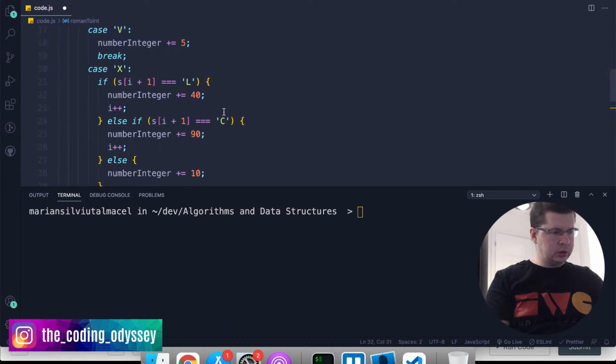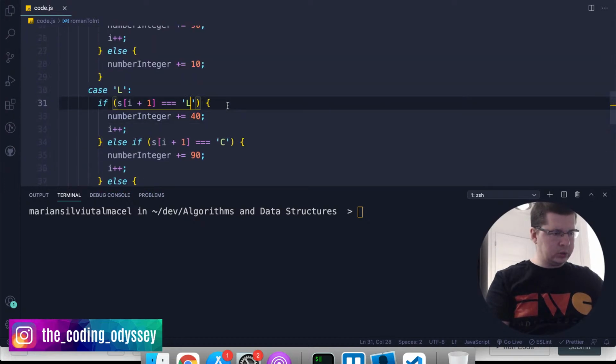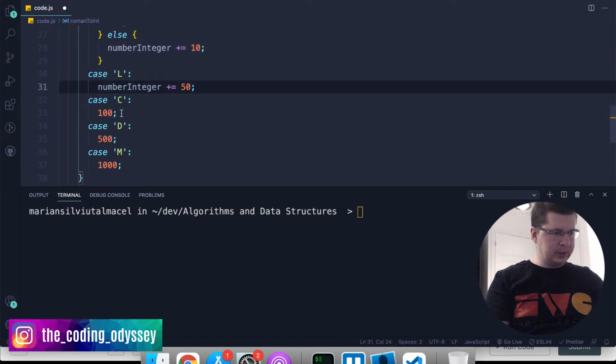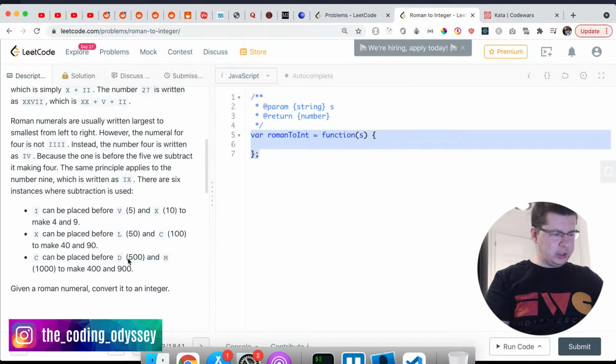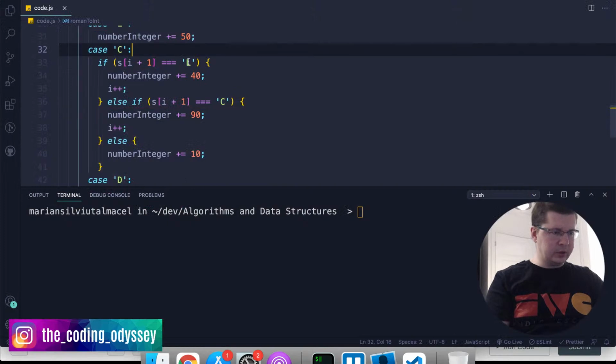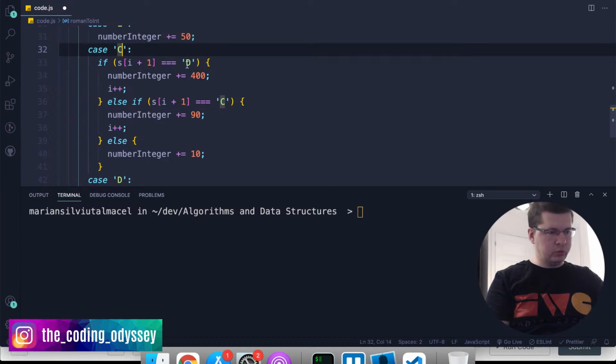Wait, this is not in case of L. I just messed up the other thing. This, we leave it like this. This is here, right? So in case it's equal to, if the next one is D, right? So if we have a D after the C, then this is 400. Right, because D is actually 500 and we subtract 100 because of the C, so if we have a D